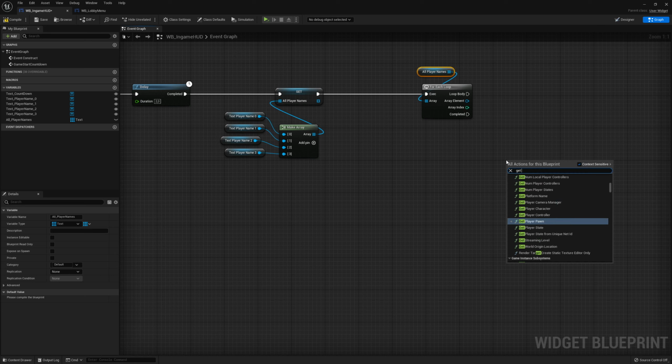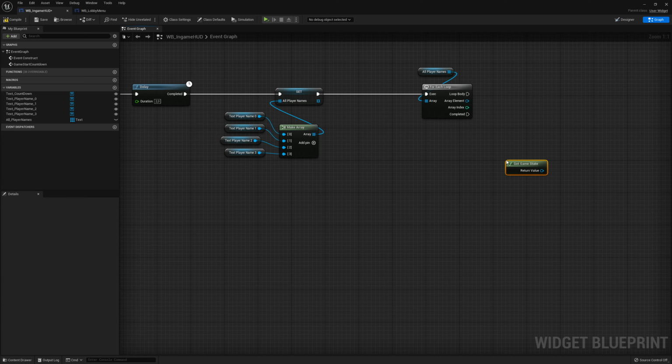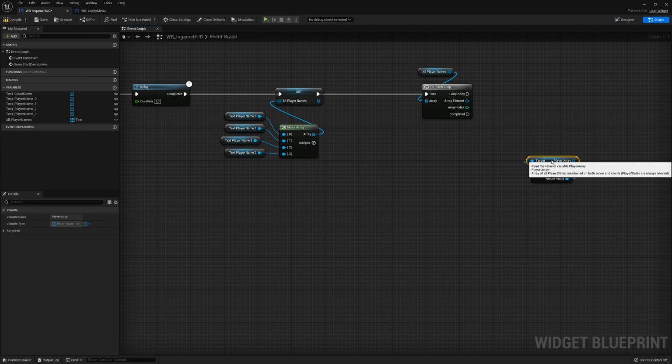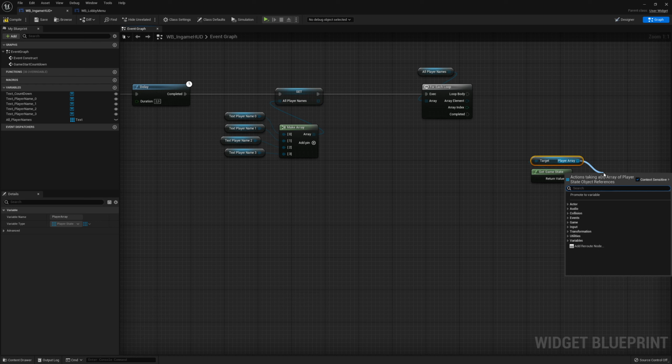So we didn't actually create a custom game state, but it's still in here by default, and we're gonna get back to actually using game states later. But on the game state is an array of player states, so we can get that. So if we look for get player array, this will return the array of all player states that are connected to the game. So right here we can get the length of that array,